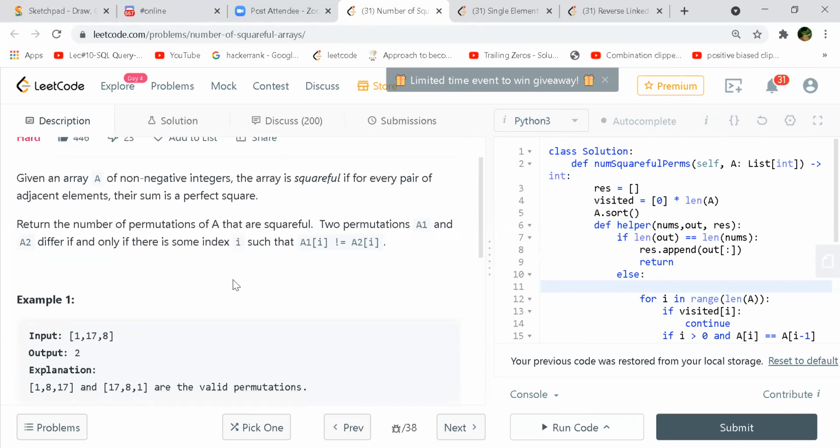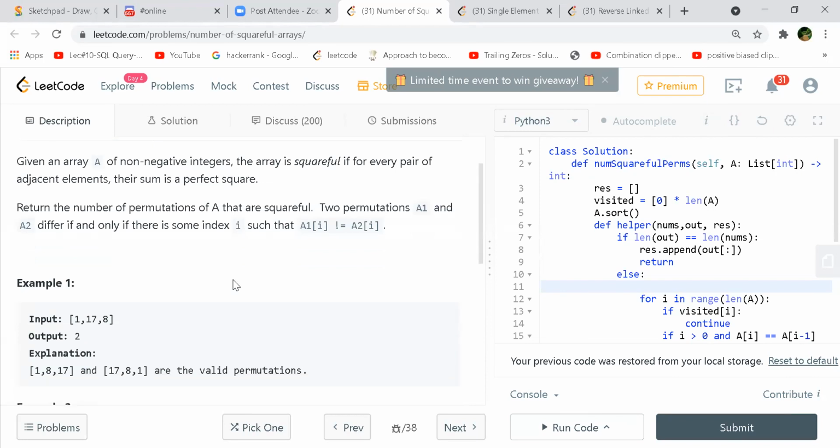So it's again a brute force solution, like backtracking only, right? Generate all the possible permutations. Wherever you find that you are not fulfilling the condition, you come out. I mean, you prune or backtrack that branch. But it won't be a brute force, right? It will be slightly optimized if you prune some of them.